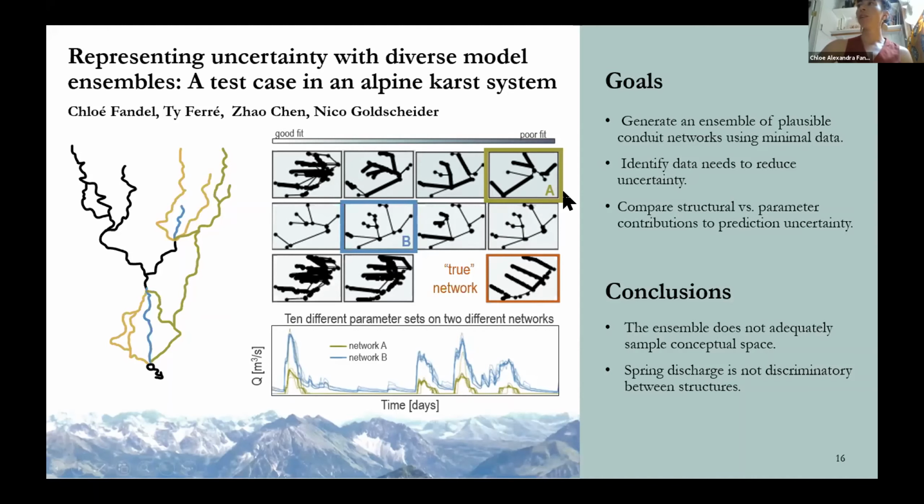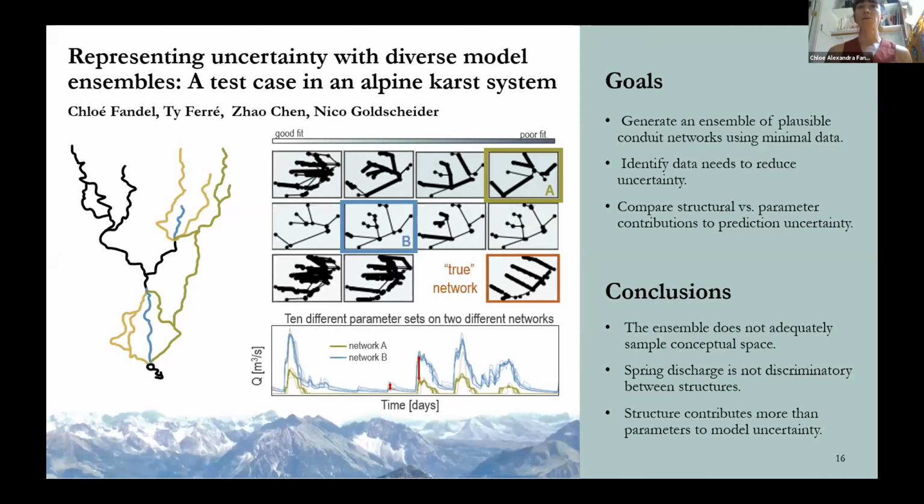And what jumps out here is that the distance between the difference in predicted spring discharge patterns within the same network is much, much smaller than the distance between predicted spring discharge across two different networks. So what that tells us is that the network really matters a lot more than the parameters. And again, because historically